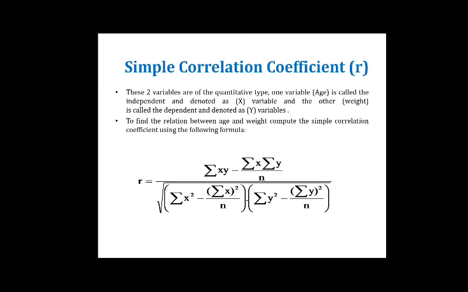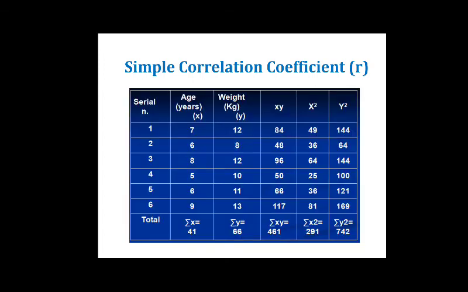Your weight depends on what? Your age. As per age, weight should be there. To find out this relationship, we are going to use that formula. First, we have taken the six entries from the table, ages and weights. Age I am calling x, the independent variable. Weight depends on x, so y is the dependent variable, and I am calling the weight y.